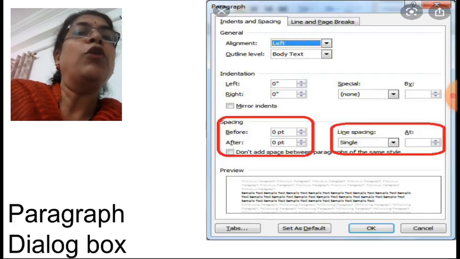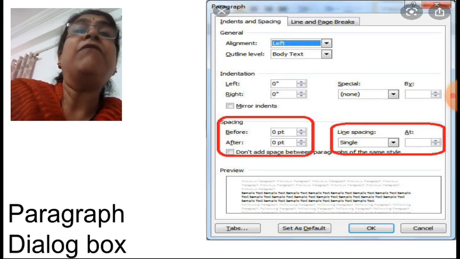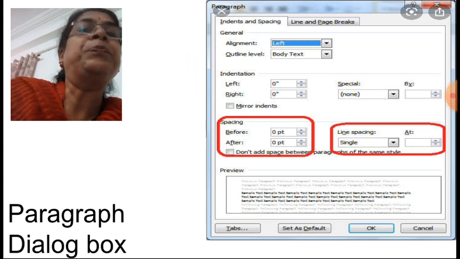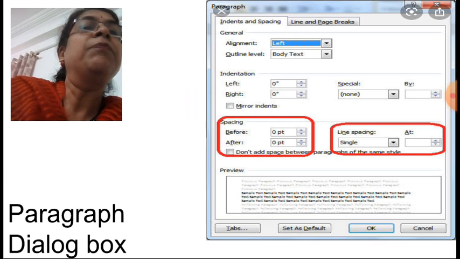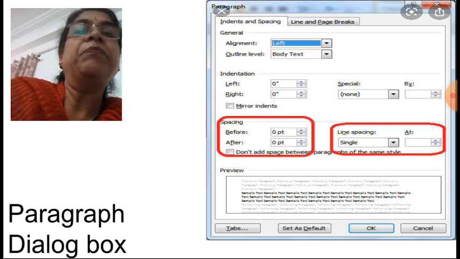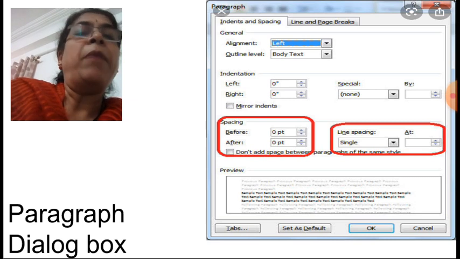If you click on that option, again a Paragraph dialog box will open. From that you have to see the two red rectangles. Can you see here? Line spacing also you can define, and how much space you want before and how much space you want after, that also you can define through the Paragraph dialog box.